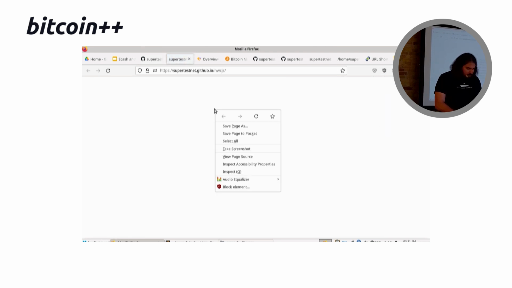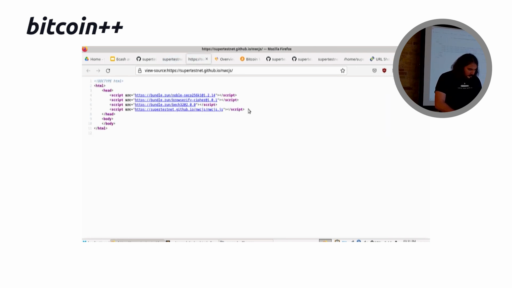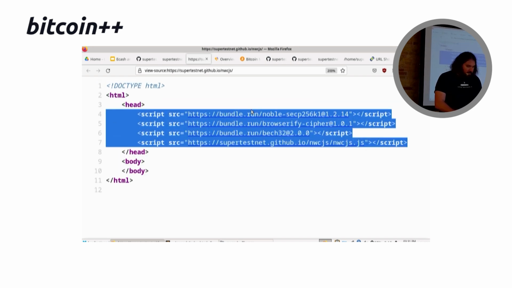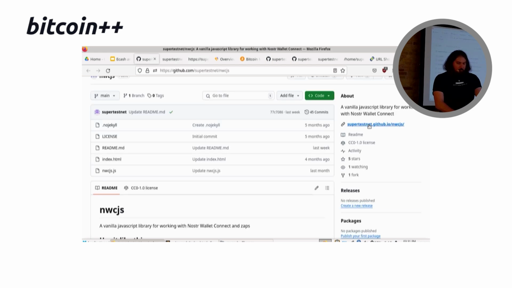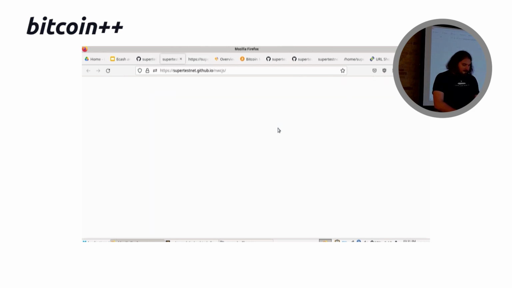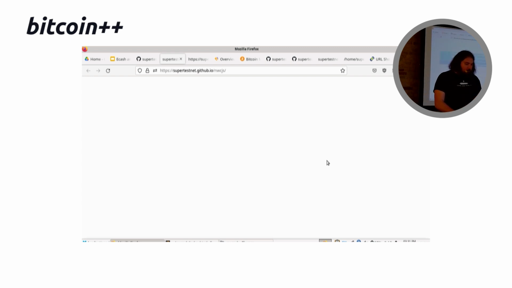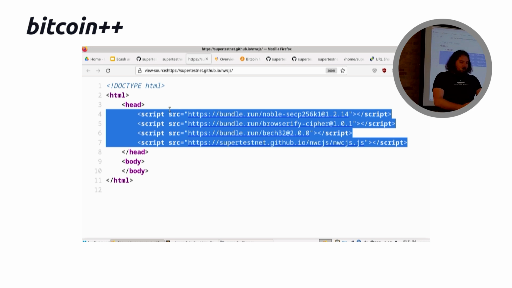I'm going to get the NWC dependencies from right here. So what I did to find this, I went to the little web page where you can demo NWC.js, and then I did view source, because once again, it's just one of my blank pages with no content on it. But I did view source, and that showed me that all it does is import the dependencies and the library itself. So I'm going to copy those over to this app